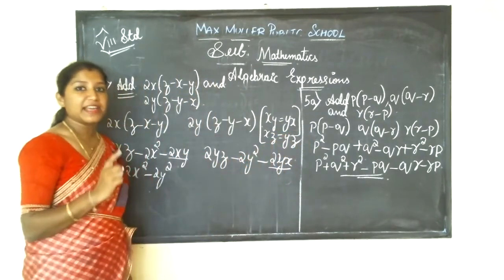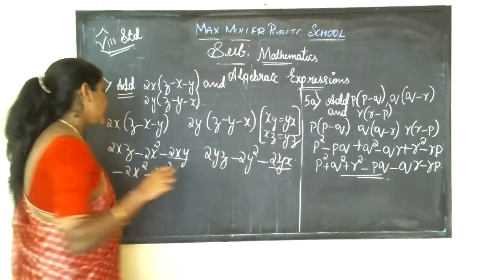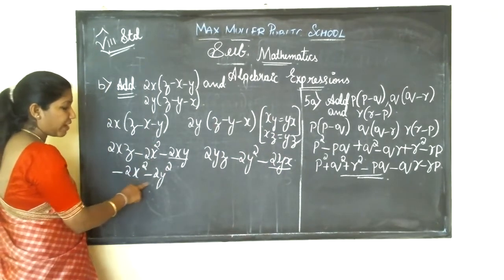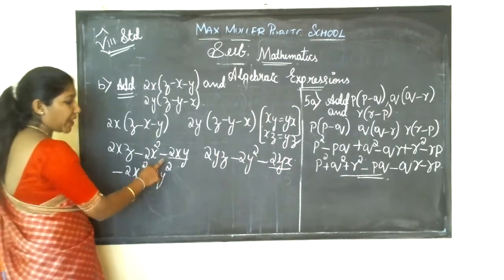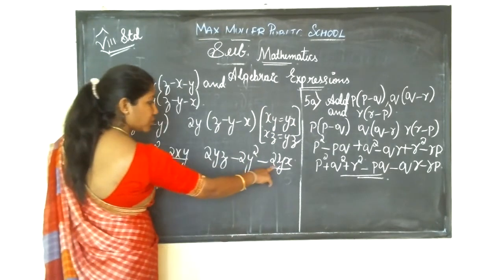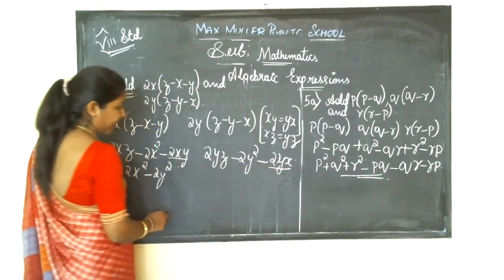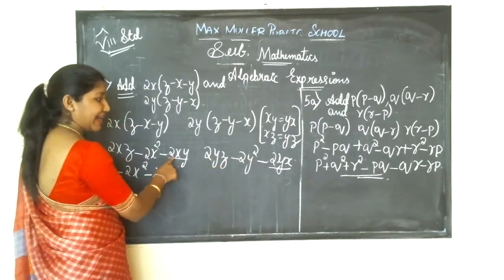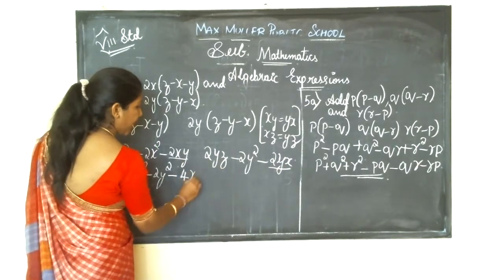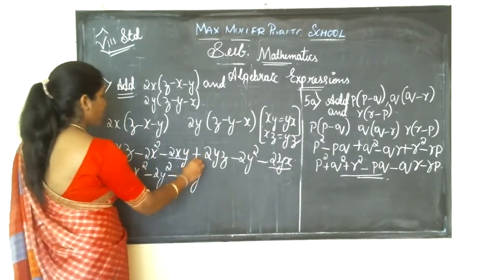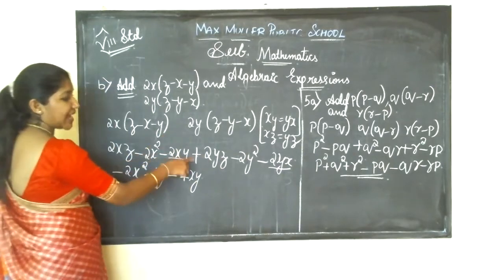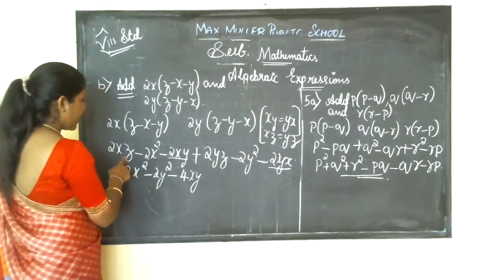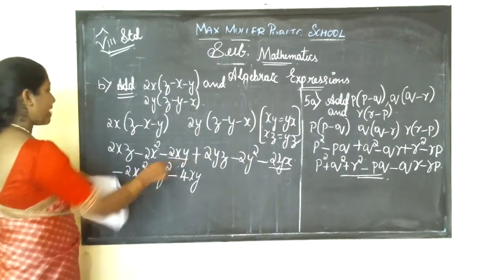I taught you while adding the problem in the earlier classes, is it not? So write all the x square terms first, minus 2x square minus 2y square. Now minus 2xy and minus 2yx, these both are one and the same and both are having minus sign. So put minus sign and add the thing. So you will get 4xy. Next here, one is plus, you just have to put here plus as I put there. Okay, both are having plus sign.